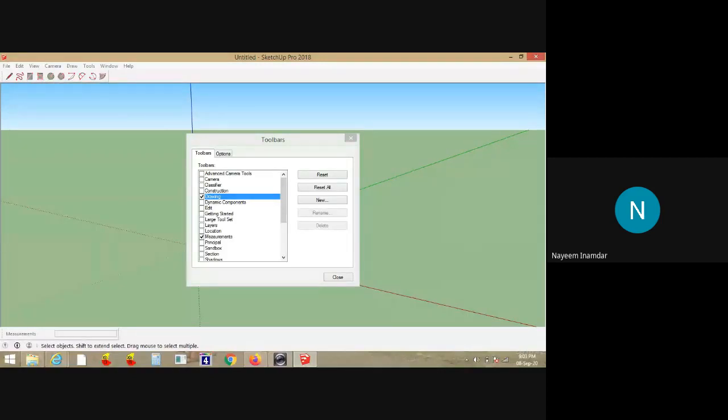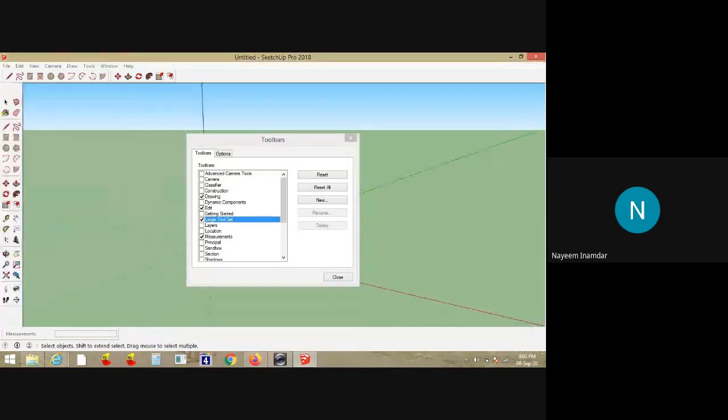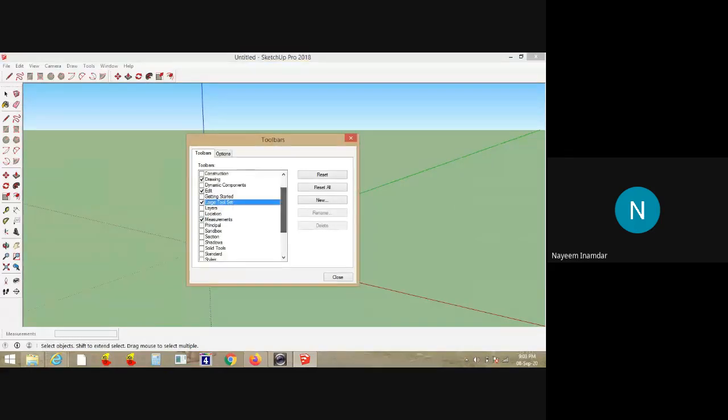Then I'll take the edit toolbar, draw, edit. Then comes the large tool set. You can see here, this is the large tool set. I'll position it on the left side of this screen. Then I need views.